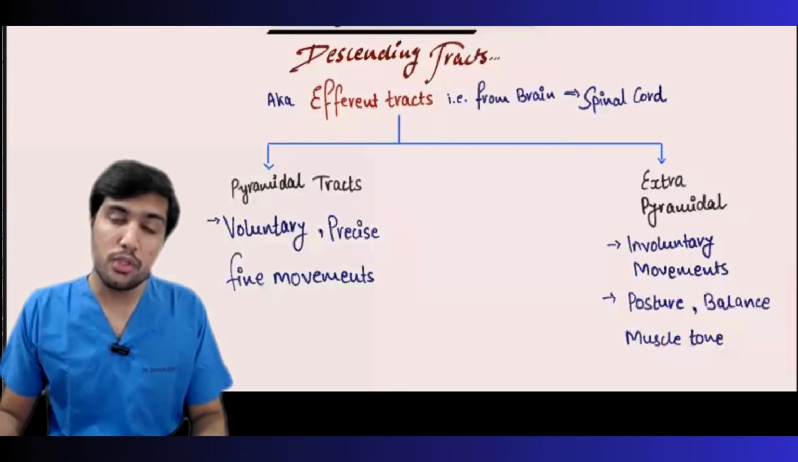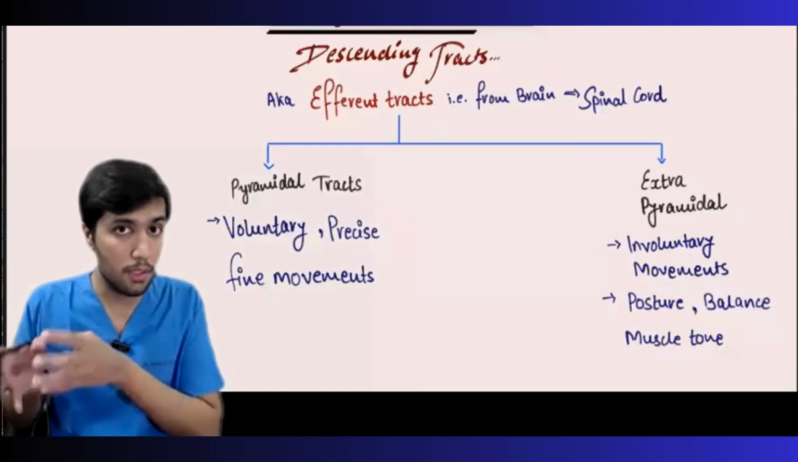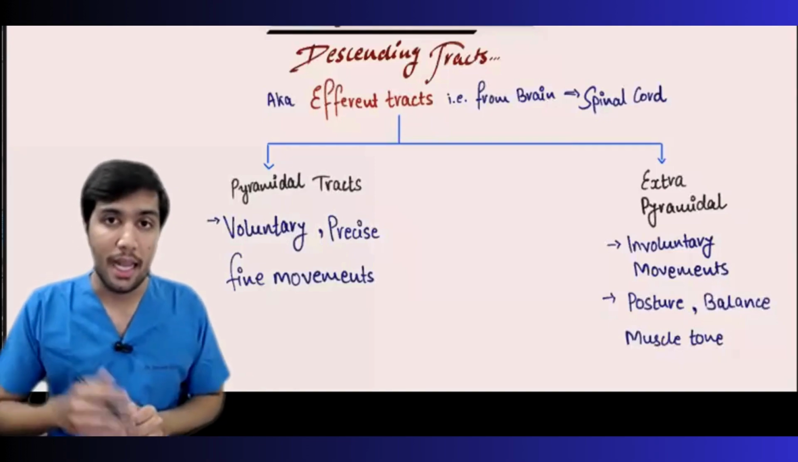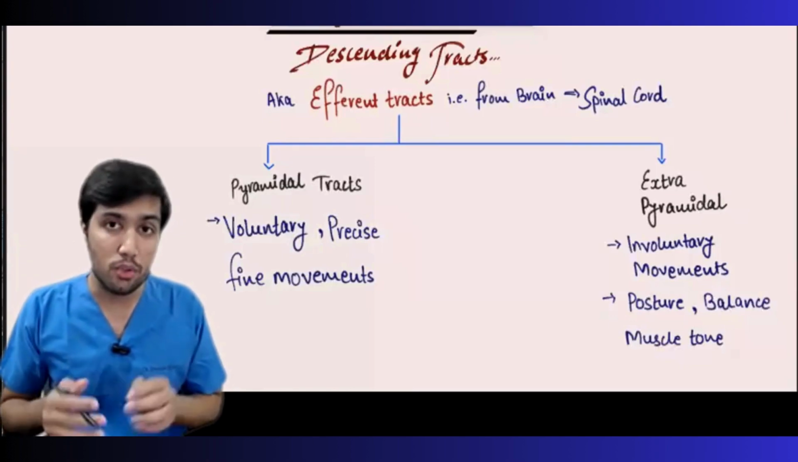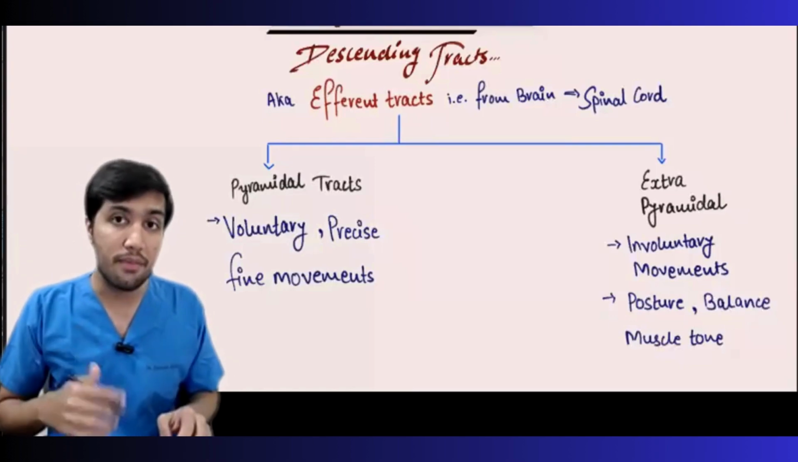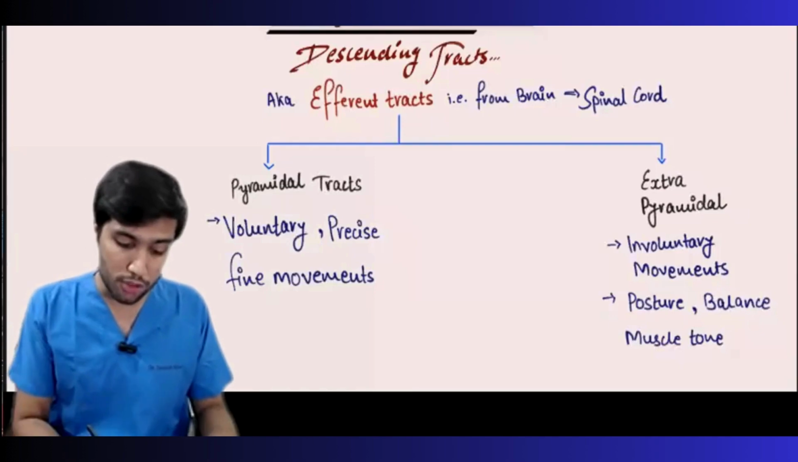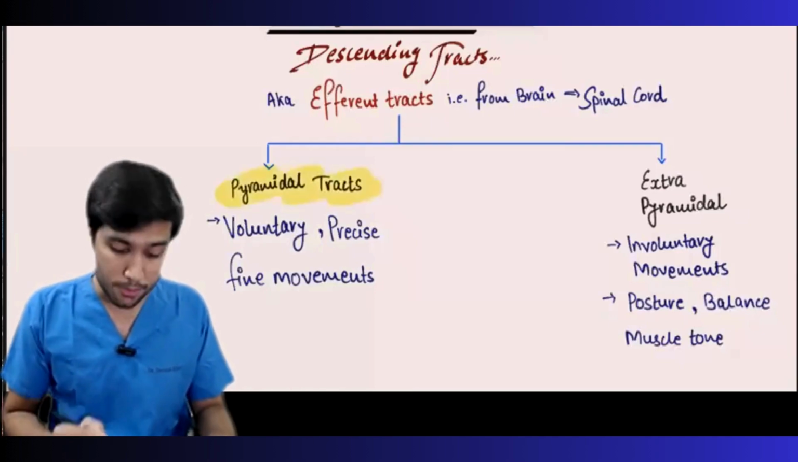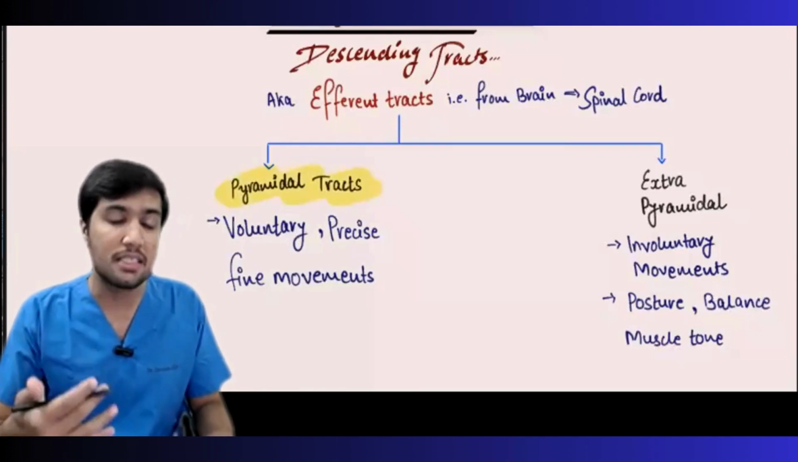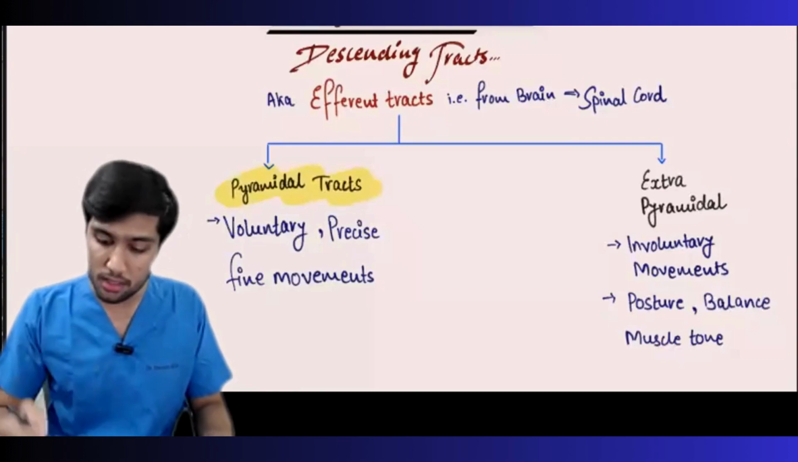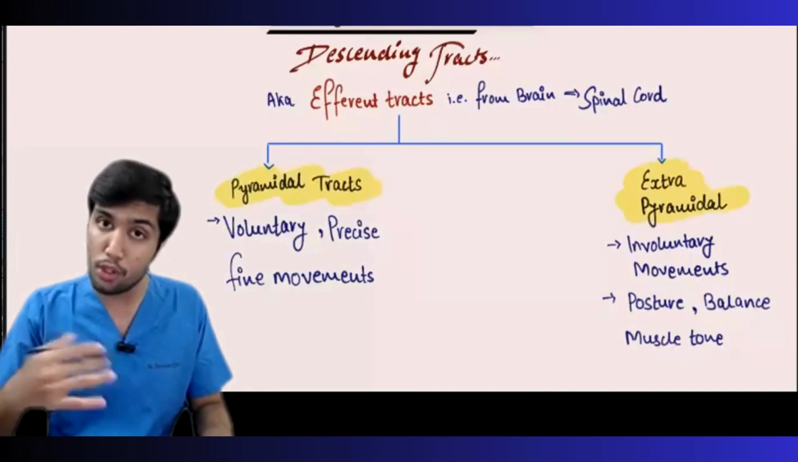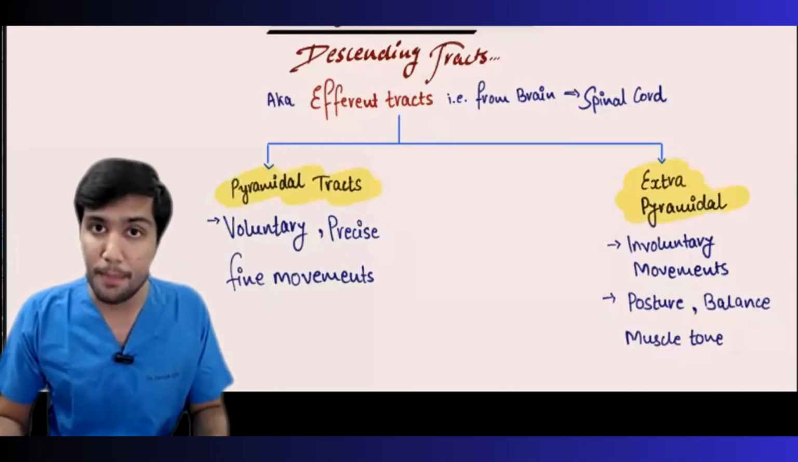Descending tracts, also known as the efferent tract, are responsible for carrying the motor information from the brain towards your spinal cord. And these descending tracts are divided into two components based upon their function and anatomy. The first one is your pyramidal tracts, which is responsible for your voluntary, precise, fine movements. And the other tract is the extrapyramidal tract, which is responsible for your involuntary movements, the posture, balance, and your